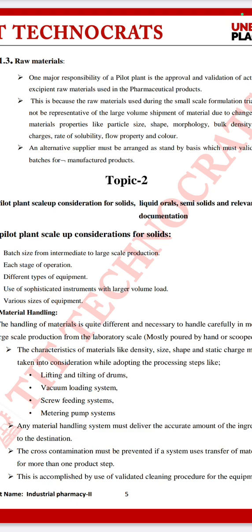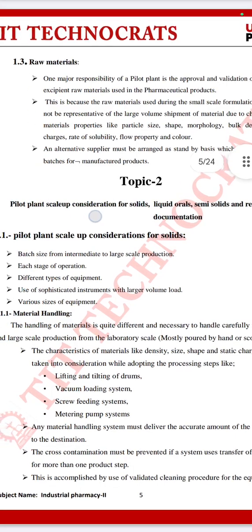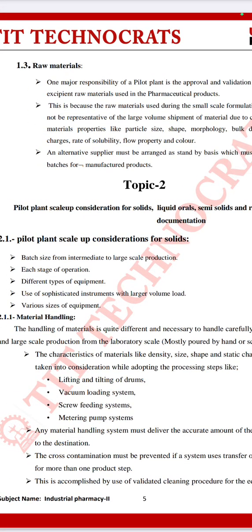So in pilot plant, making pilot plant studies is considered very important for the manufacturing of the different types of dosage form. It's important to consider this, and it is one of the major responsibilities of the pilot plant personnel also, making a very straightforward guideline for